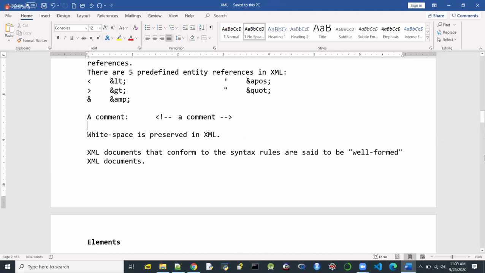And then unlike HTML, in XML, white space is preserved. In HTML, we have noticed that some white space collapsing happens. If I use extra lines or extra white space characters, they will be collapsed into one single white space character, but no such thing will be done in XML. So any amount of white space will always be preserved.